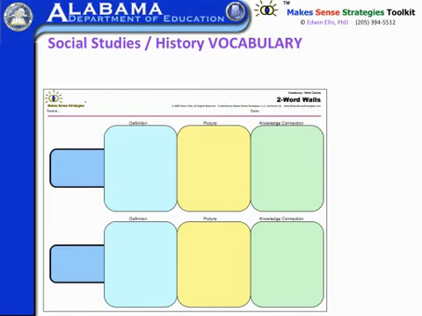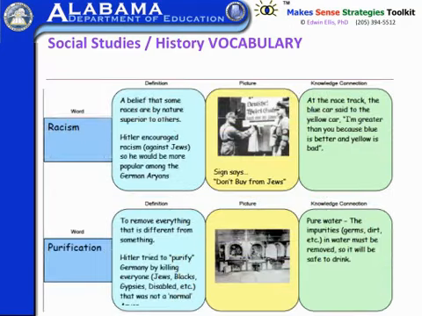Likewise, if you think about definitions, they're sort of like concepts in that a new term will have the gist of what it means, and then there'll be critical features of the term or critical parts of the definition that's sort of like main idea and details of the term. So for an example, if we look at the term racism, and let's look at this definition. It's a belief that some races are by nature superior to others, and so that's kind of the gist of it. And then some more specific stuff about that is Hitler encouraged racism against the Jews, so he'd be more